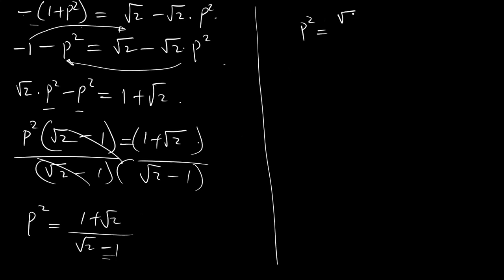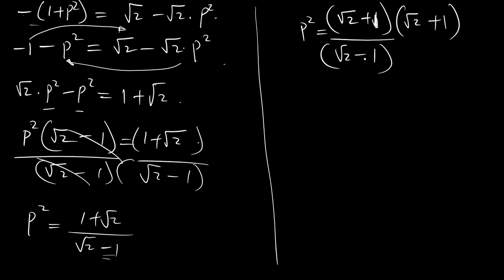So we have the square root of 2 plus 1 times, now the numerator will be multiplied by the square root of 2 plus 1, which is the conjugate of this, divided by the square root of 2 plus 1. So this cancels out, it's still the same as this. So that means we'll have p squared to be equal to,